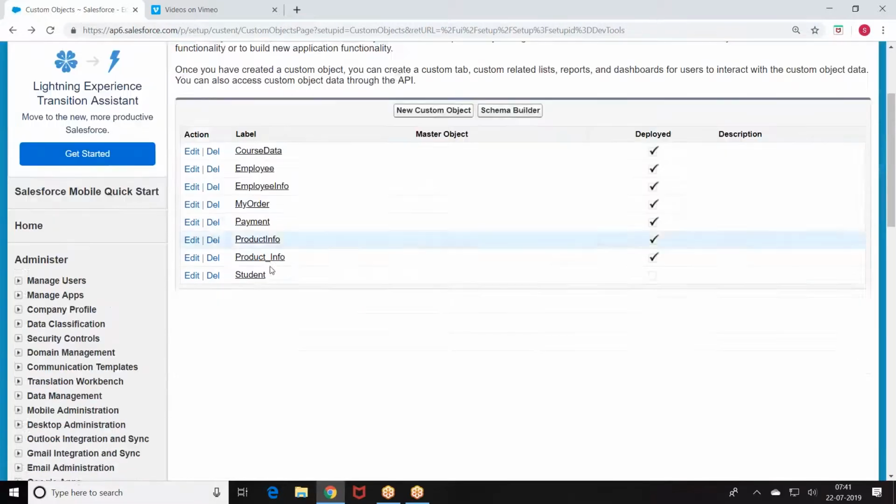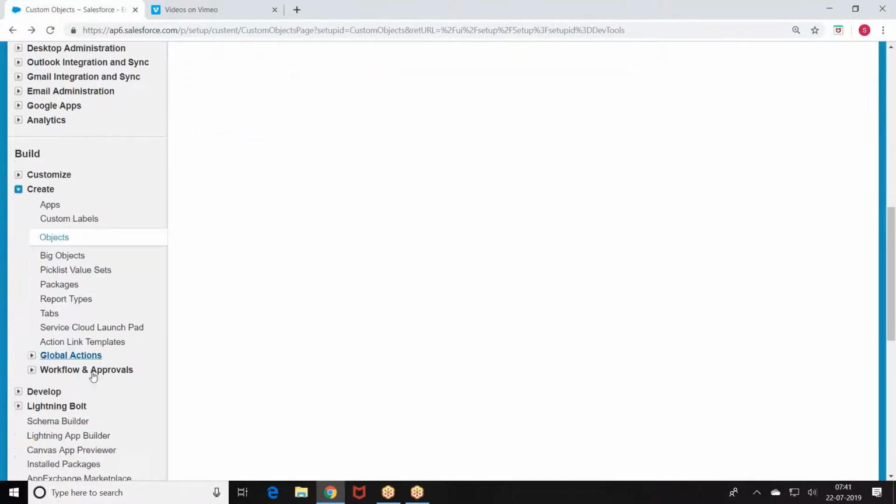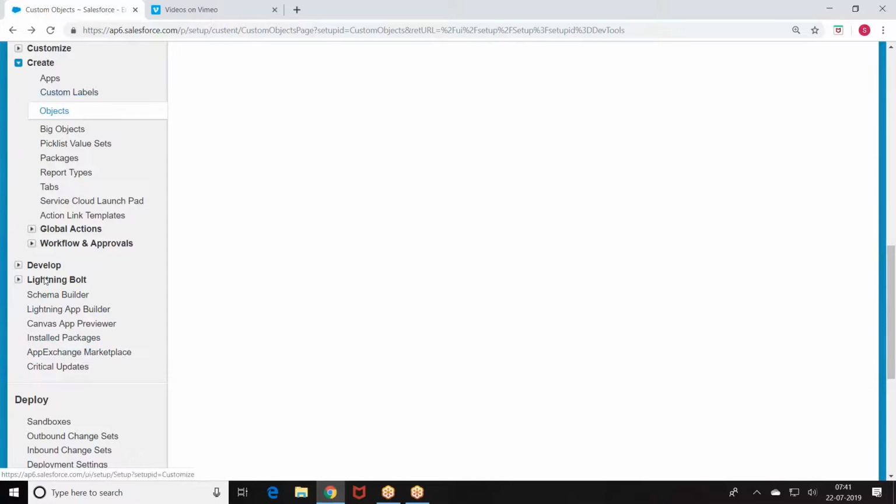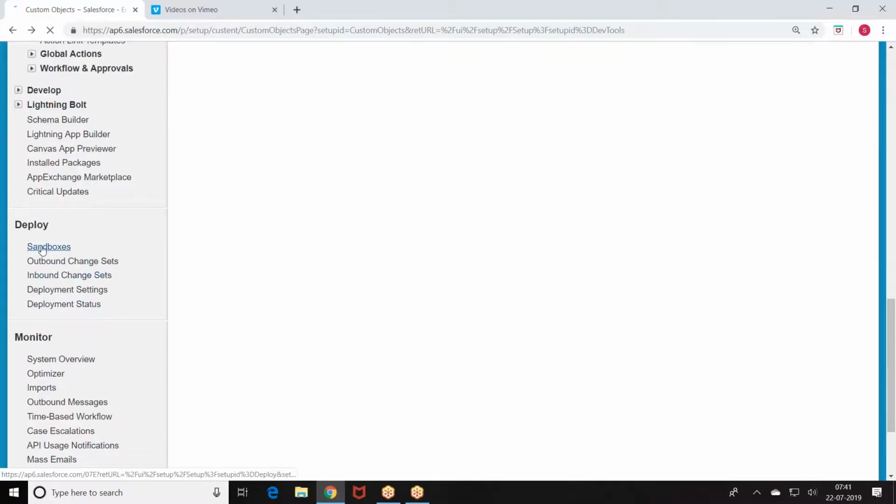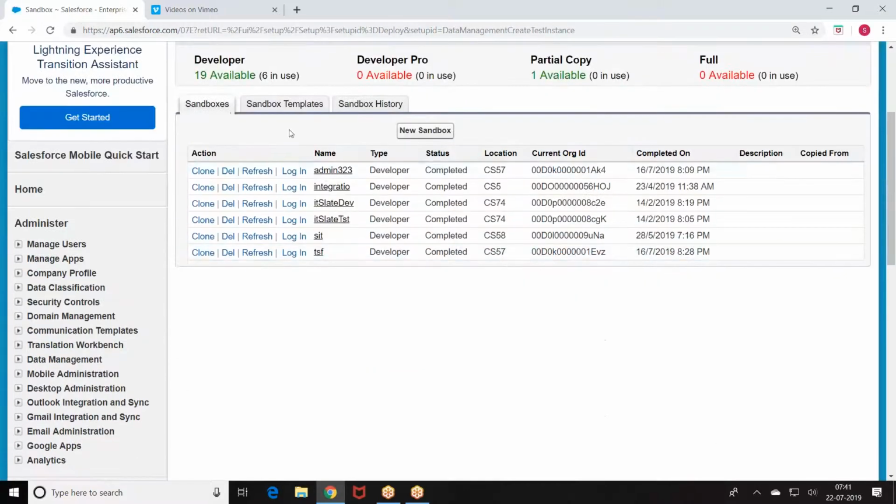So what we are doing, we will go to the sandboxes. Then we are able to see the list of sandboxes what I have.